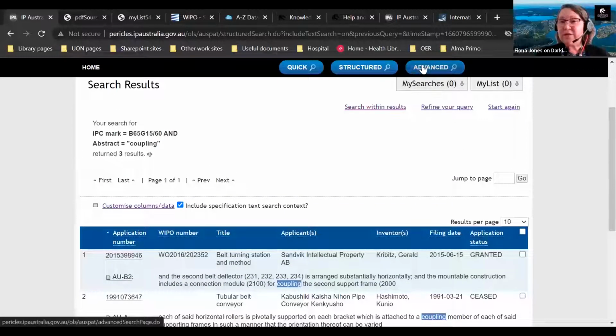There is an advanced search as well. I'm not going to demonstrate that one today because that one requires you to put together your search kind of like code. You've got to know what the field codes are. You've got to put your terms in the right order, and it's quite complicated. So we're not going to look at that today. So I'm going to move on now to looking in an